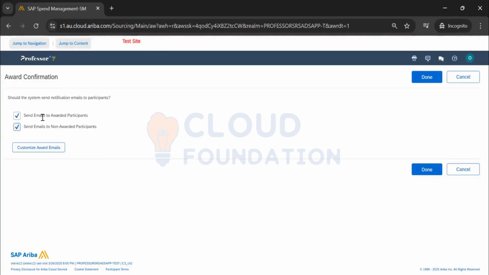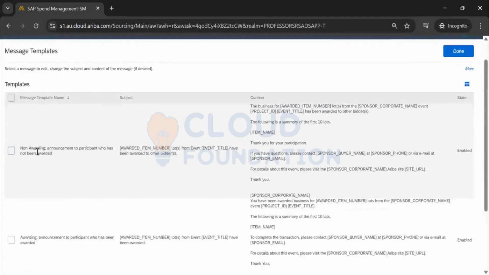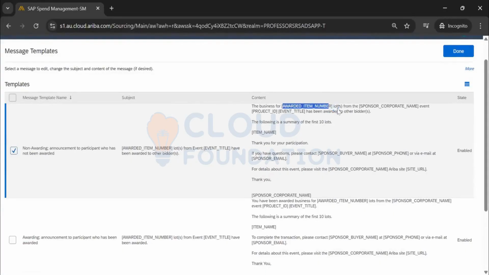So what is the message which the system is sending that you can verify from customized award emails? When I select this option, the system is giving non-awarding. What is the message that is going? The system will automatically pick the awarded item number, lot from sponsor corporate name, the buyer, event project ID, event title. Whatever is in the brackets,